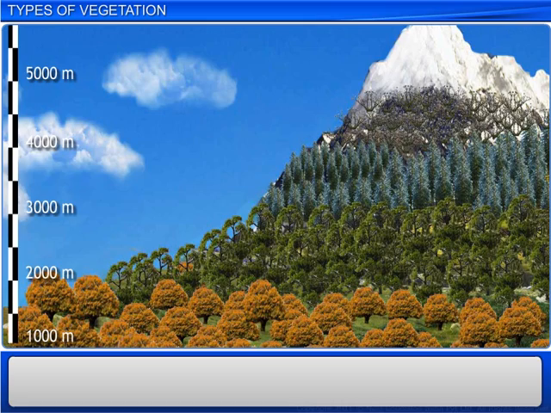Broadly speaking, the natural vegetation here is in the same succession as you would find in areas ranging from the tropics to the tundras. For example,